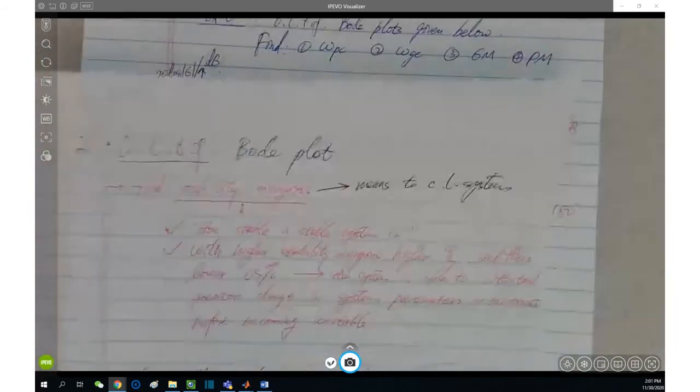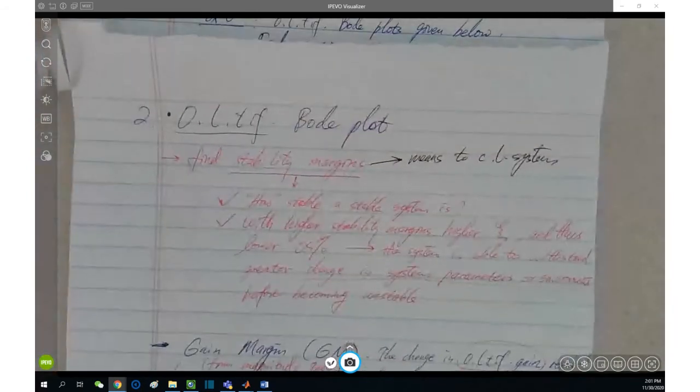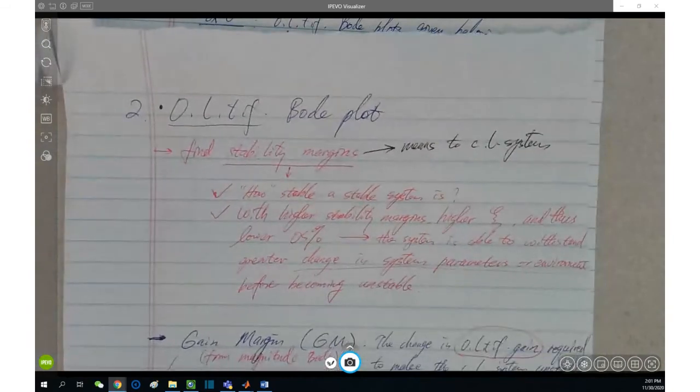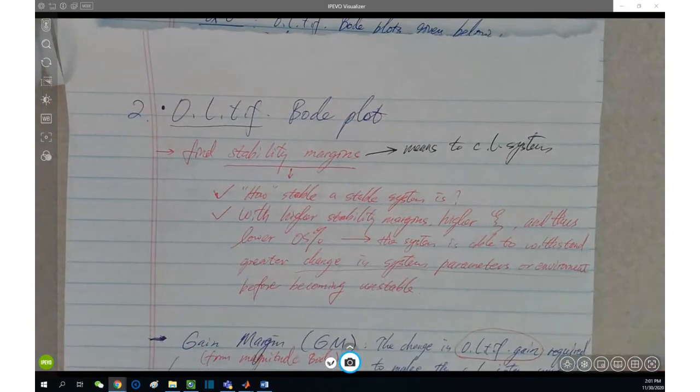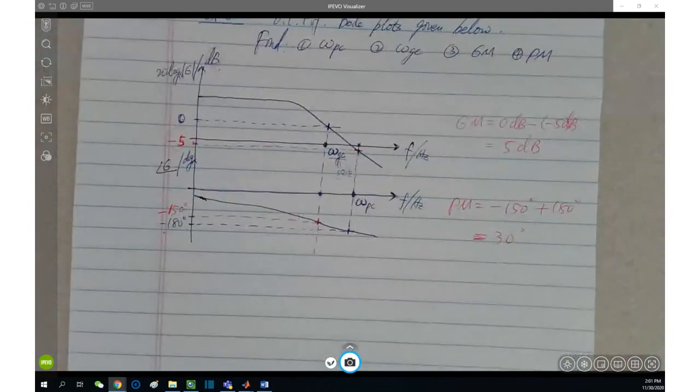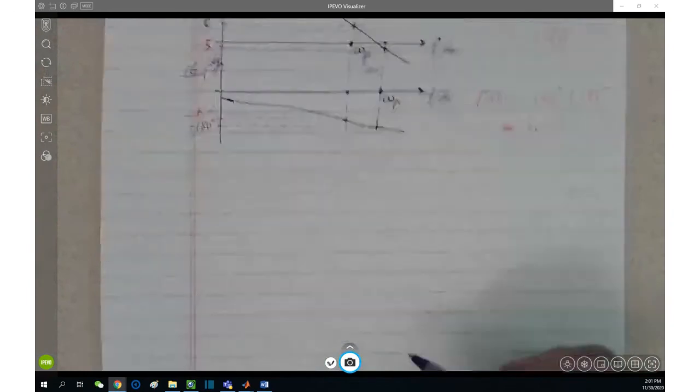Once again, this is using the open loop transfer function Bode plot to find the PM, GM, omega PC and omega GC. And next, let's talk about what we can do with the